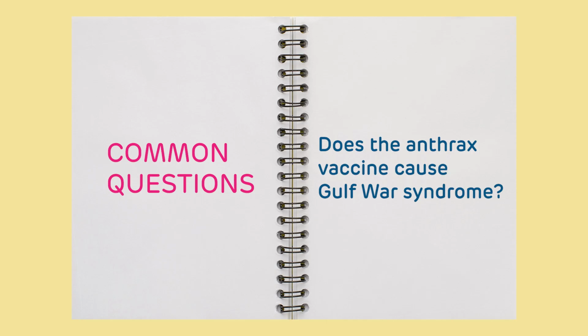The symptoms for this included muscle pain, fatigue, and headaches. And because they had been vaccinated against anthrax, some people wondered whether those two things were related. So a study was performed to try to answer that question. What the scientists did was they took blood samples from vaccinated soldiers who did or did not develop symptoms of Gulf War syndrome. And what they found was that both groups of soldiers had similar numbers of people who had antibodies against anthrax. So this suggested that the vaccine didn't cause Gulf War syndrome.